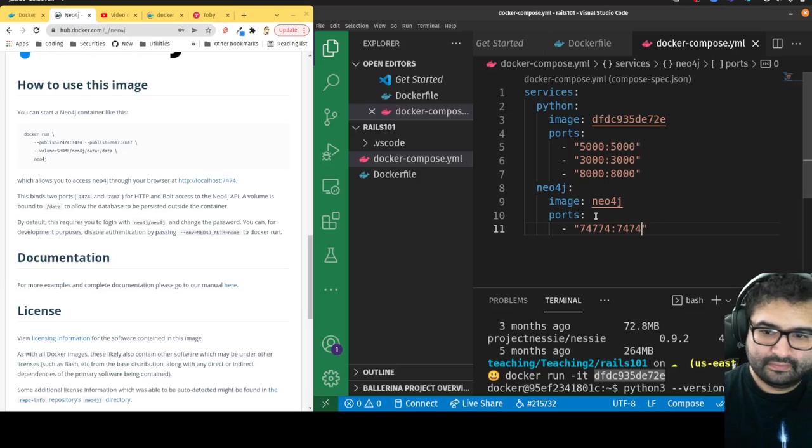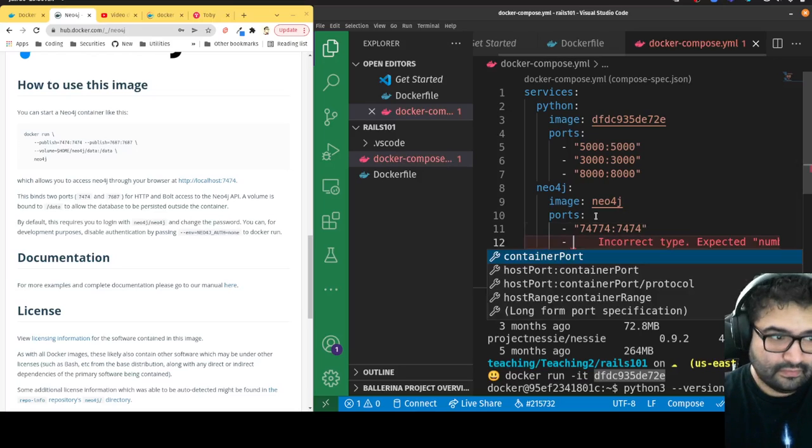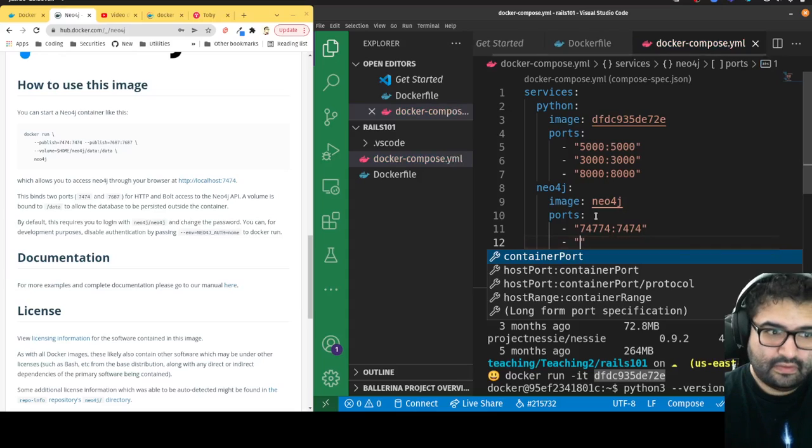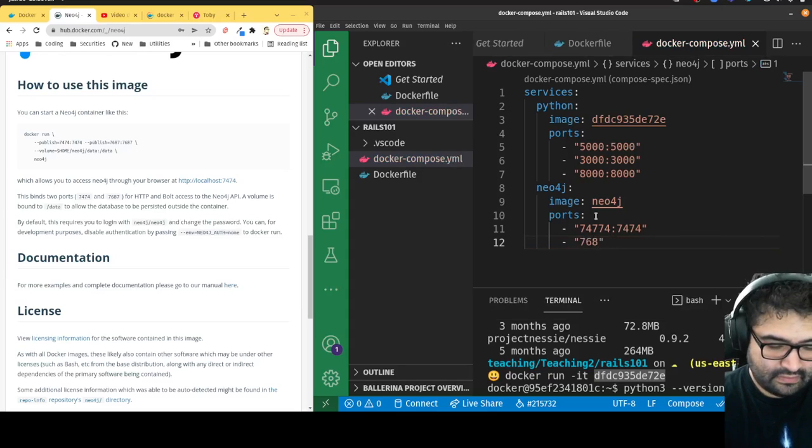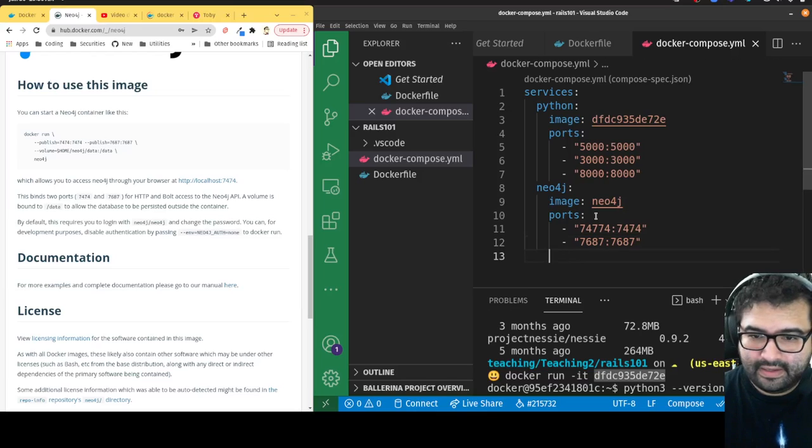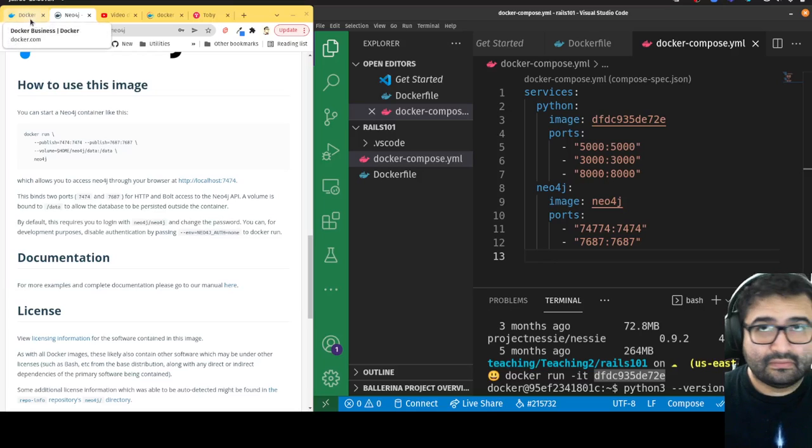7474, 7687. Okay. And then, again, I can create any environmental variables, which that